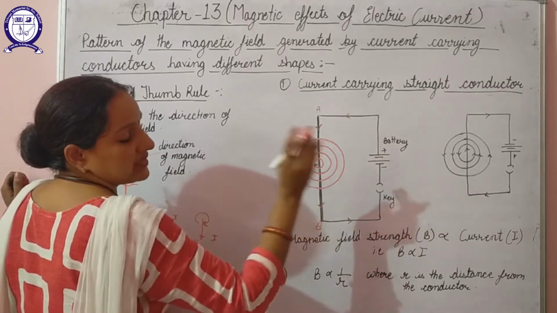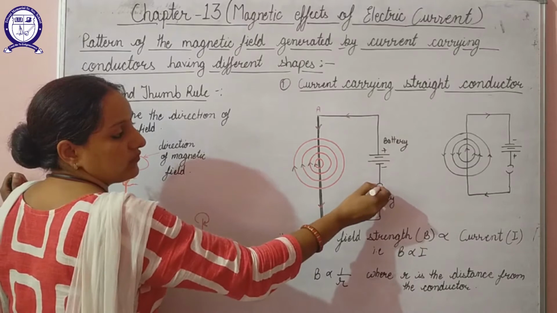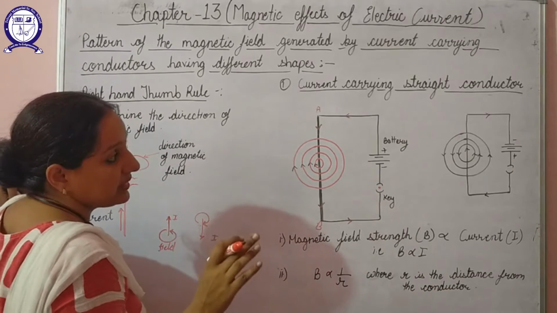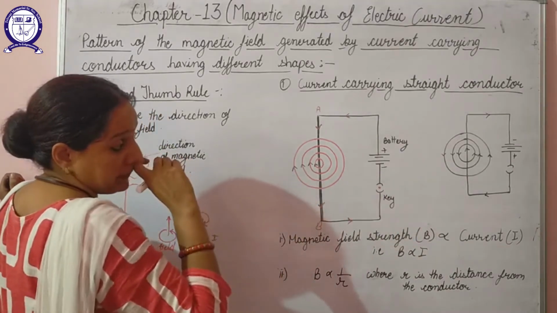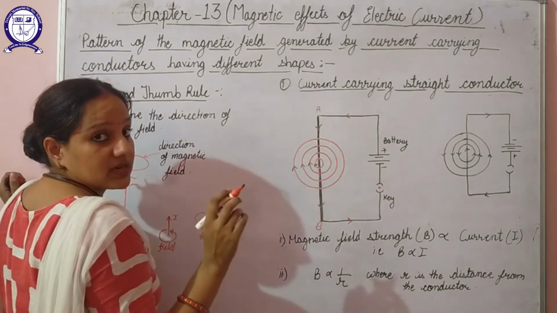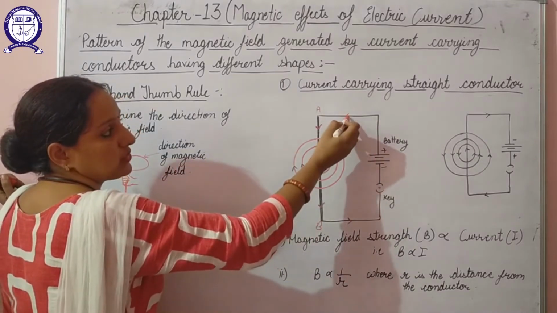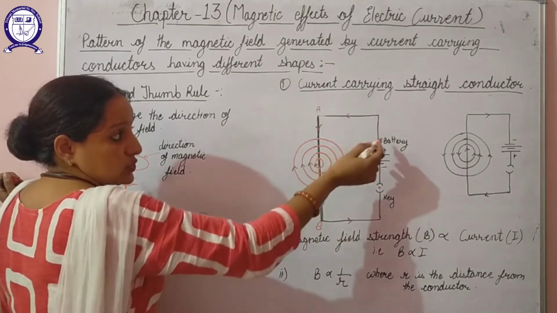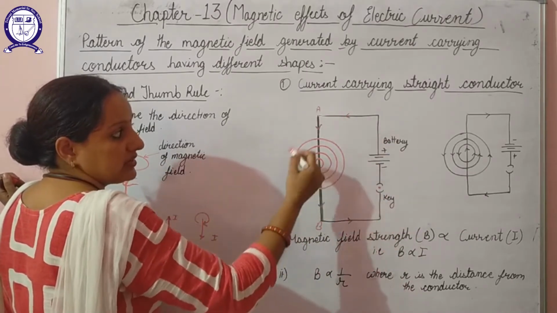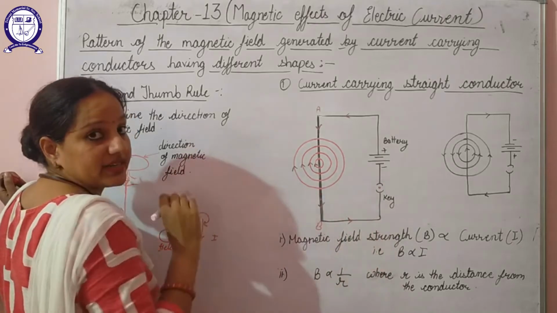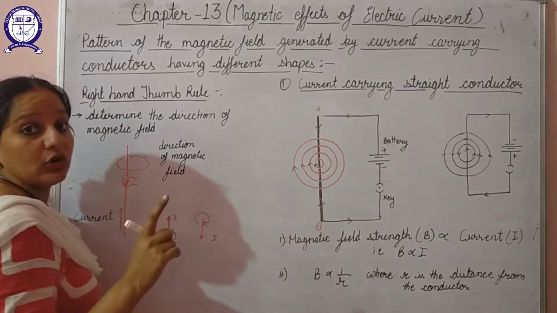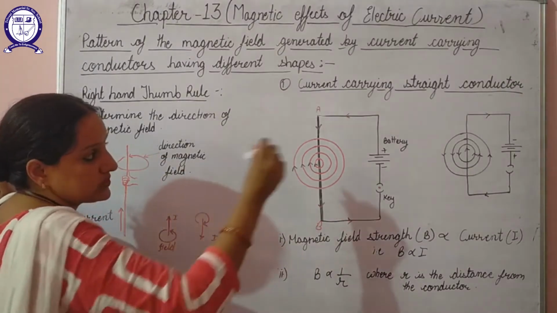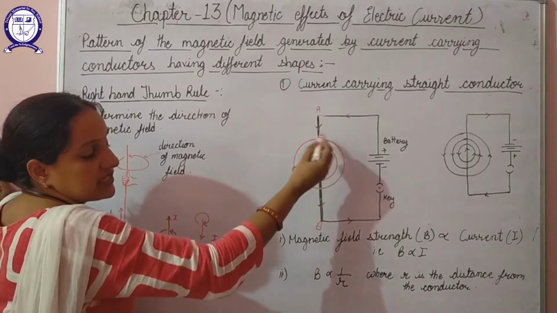Now in the beginning when the key is off, no current will flow. And if no current is flowing, that means no magnetic field will be there. But when you switch on the key, what will happen? Current will start to flow, and we all know that the direction of current is from the positive terminal of the battery to the negative terminal. So at that time a field will be generated around this current carrying conductor AB, and we all know that the magnetic field exists in the form of concentric closed loops. So that is shown here with the help of these loops.